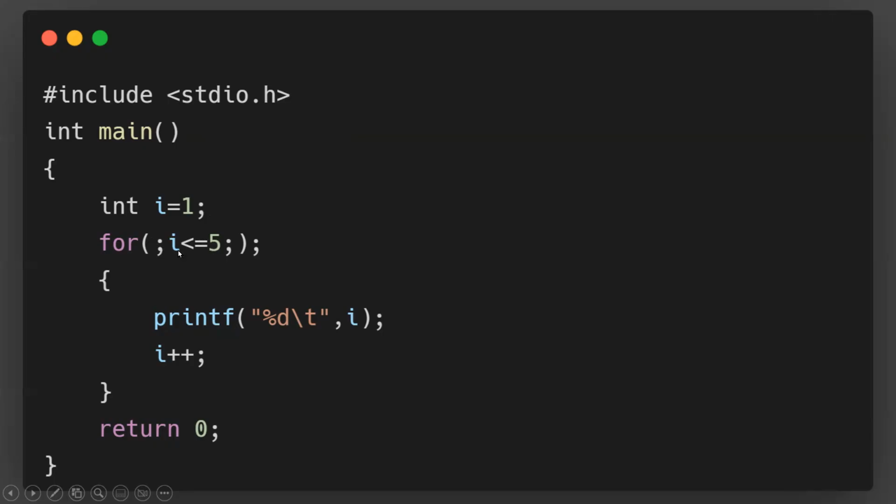Now, the problem here is this semicolon. Just like what we saw in the first example, a while loop ending with a semicolon, the same thing is happening here also. So what is the issue? I am closing the for loop with a semicolon. That means this loop is over. So this block of statements does not belong to my for loop. It is going to come as a nameless block.